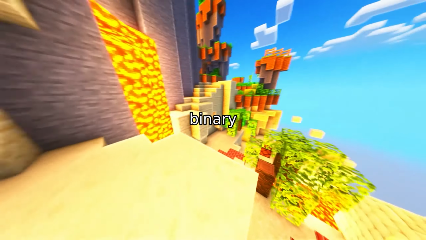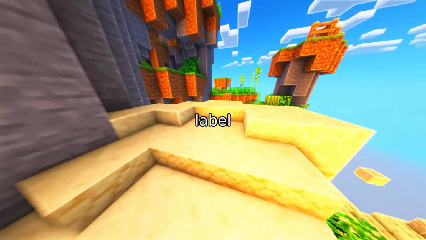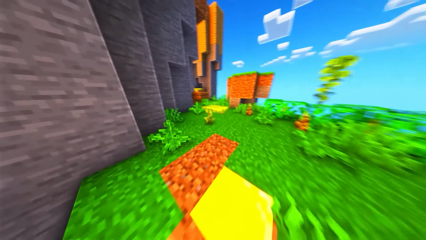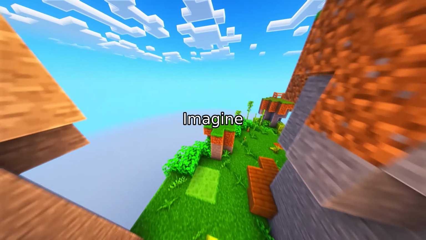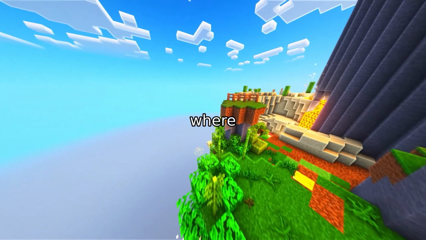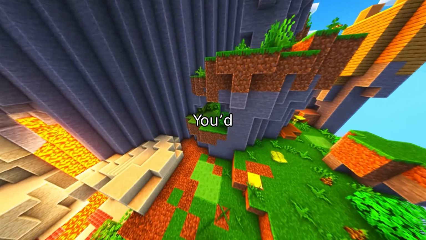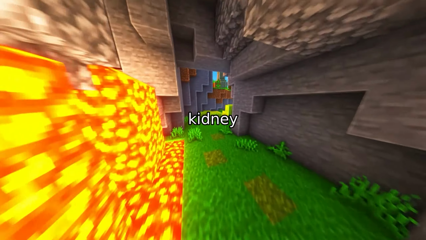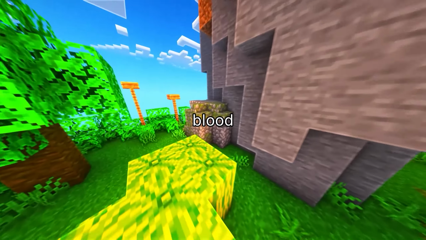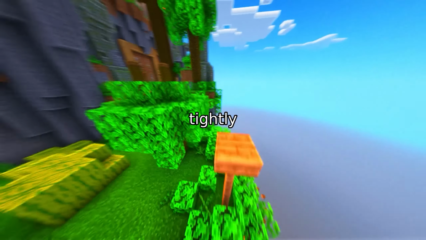Traditional methods rely on binary masks, black and white maps that label every pixel as part of a structure. But here's the problem. These masks can't distinguish individual structures. Imagine trying to count apples in a basket, where all the apples are a single red blob. You'd miss overlaps, tiny details, and end up with inaccurate counts. In kidney tissue, where structures like glomeruli, tiny blood filters, or tubules, tiny tubes, are tightly packed, this leads to